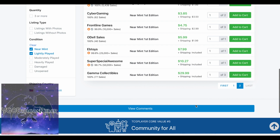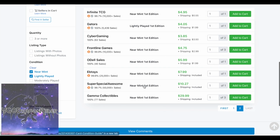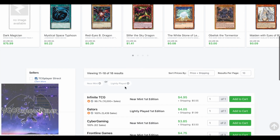And if you go to the second page, look at this ambitious guy right here, new seller too. Look how ambitious this man. $30. This man saw the potential, and he's like, yeah, I'm gonna slap that on there. So when somebody comes through and buys out all of these, I'm gonna be here waiting. But realistically, I think the potential of this card hitting $30, while not right now, is very likely because 18